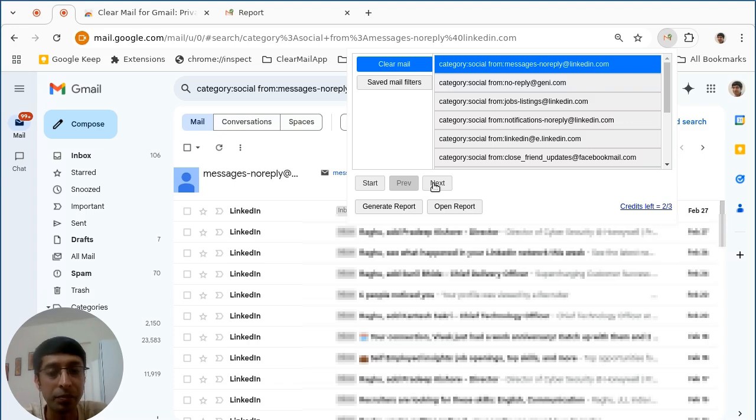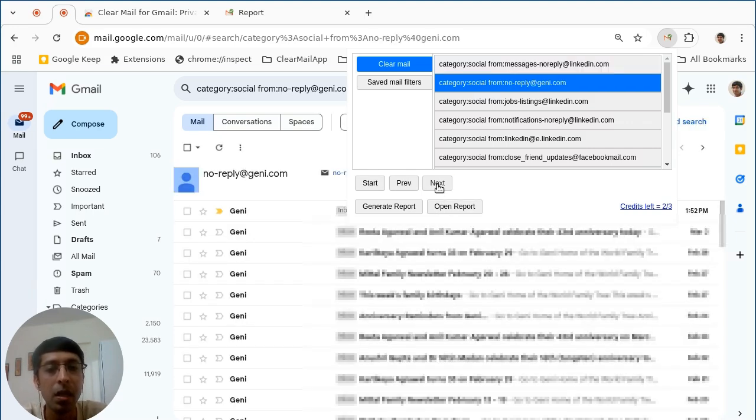are here for me. Now I can delete these emails or read them together or even move them to some other Gmail label. Now I can hit next to move to the next mail filter. Similarly, I can use the previous button. This way you will be able to read or delete similar emails together, making it super easy to declutter your